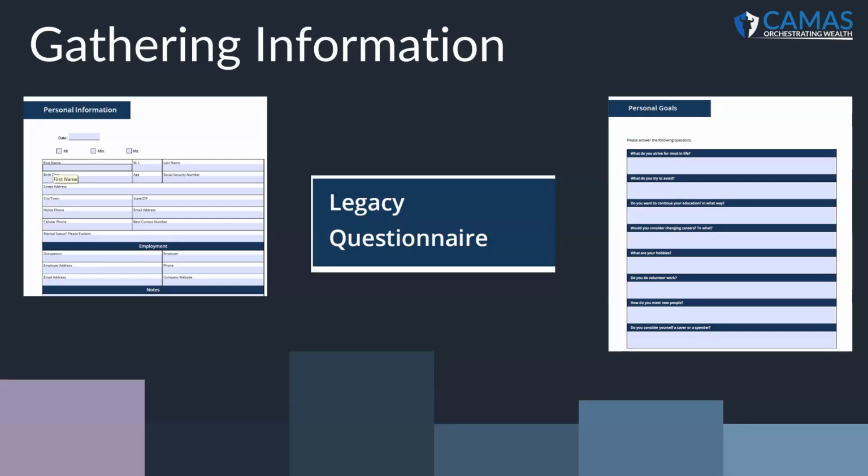As you get to know your client, part of that step in there is getting a plan in place that helps our clients understand where we're going to go, that roadmap. So if they know step one is gathering information, it's not just gathering information for the sake of gathering it, but it's gather the information so we can start understanding what our clients need. So it's one where I use a legacy questionnaire. It's long, and I preface that with the client and let them know, hey, this is going to take some time to go through, but I want to take time with them and them doing their own homework to give us a clear picture of who they are.